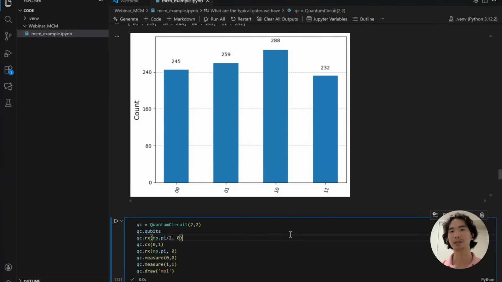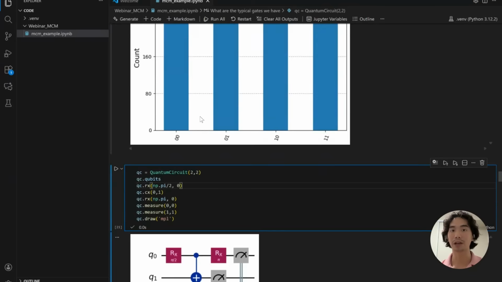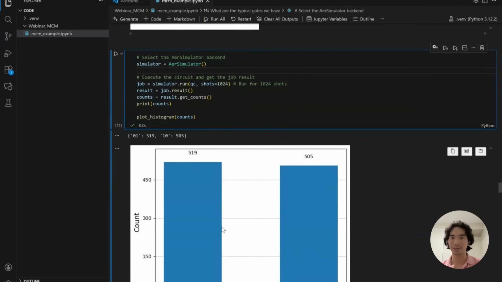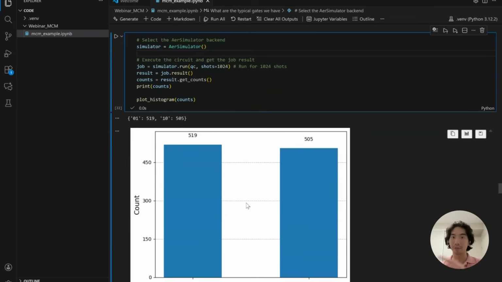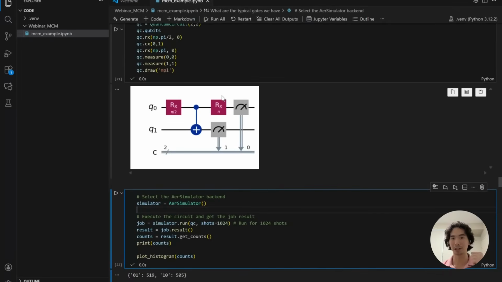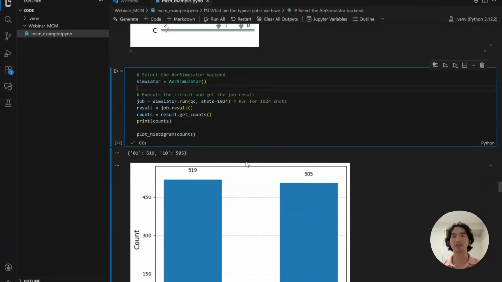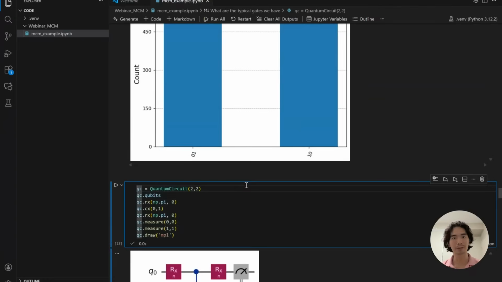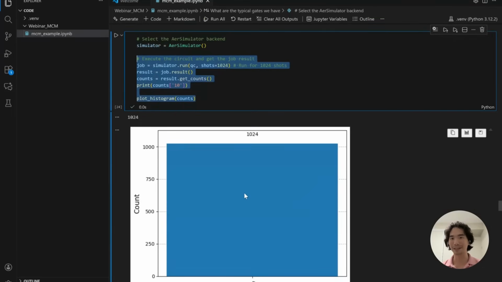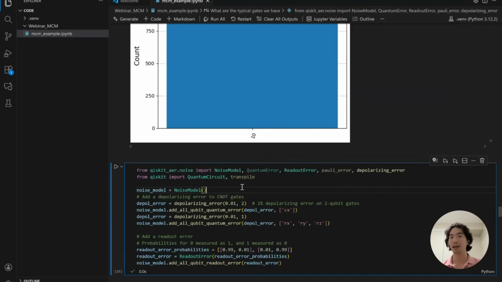Again, my suggestion is to play around with the possibilities and try different gates, like what I've done here. Instead of doing a pi-on-2 rotation, let me just do a pi rotation and see what it does. And now you see that it's going to be 50-50, because this gate has changed. And really, I encourage you to try all types of combinations, like this one here as well. And now you get a completely different answer from before,